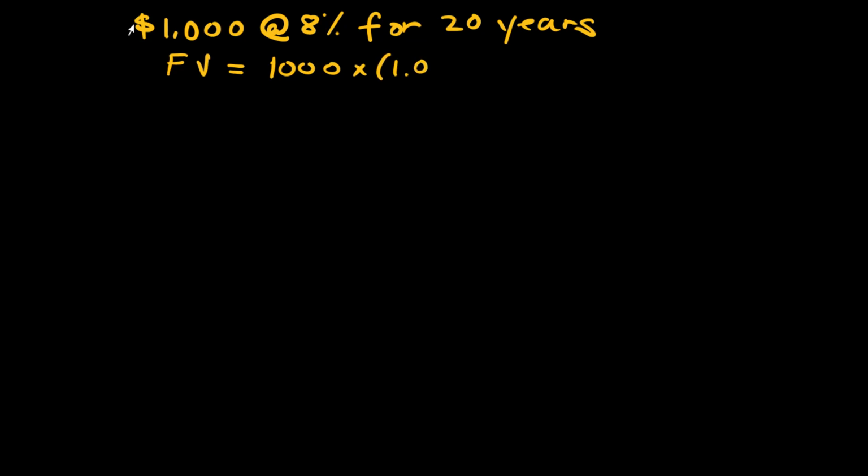If you invest the gift and earn 8% annually, how much will you have in 20 years? Well, remember the future value is equal to the present value times 1 plus the interest rate raised to the number of compounding periods. And so if our present value is $1,000, then we're going to multiply that $1,000 times 1 plus 0.08, and we're going to raise it to the 20th power because we're going to save this $1,000 for 20 years. And as a result, we will get a future value of